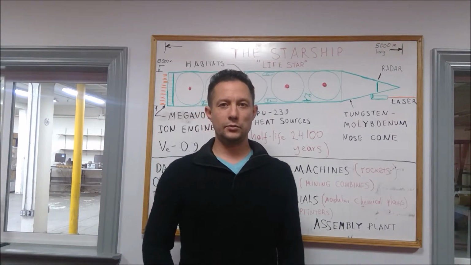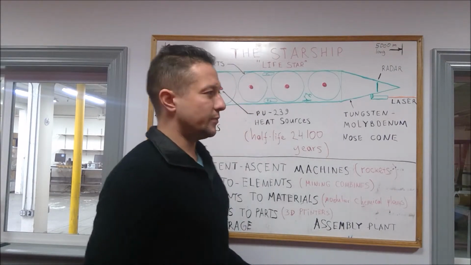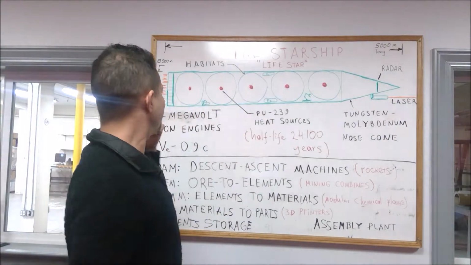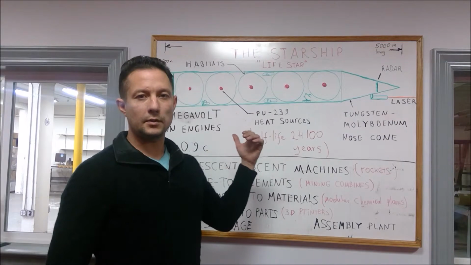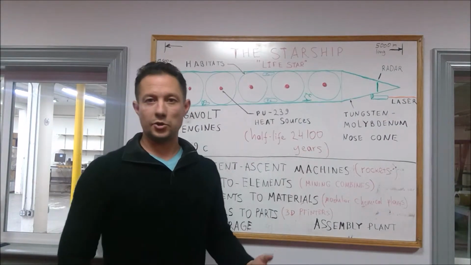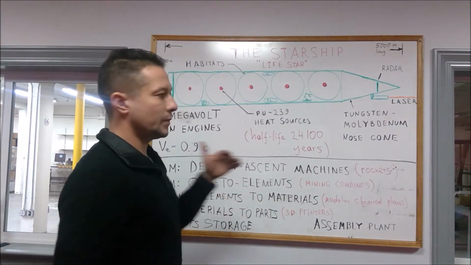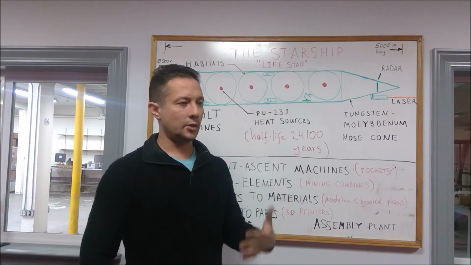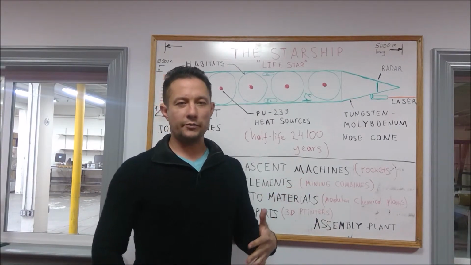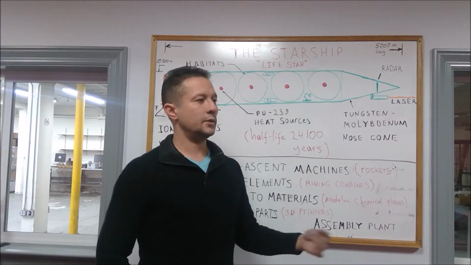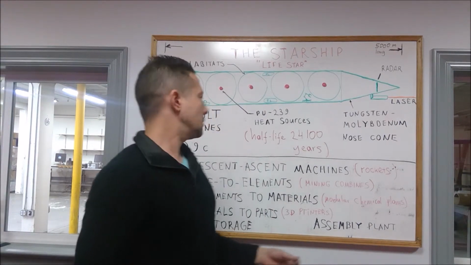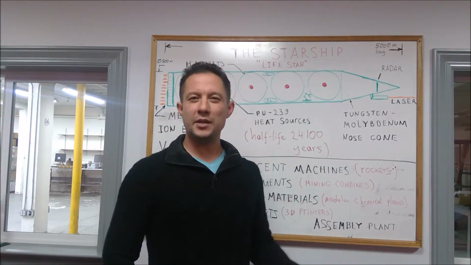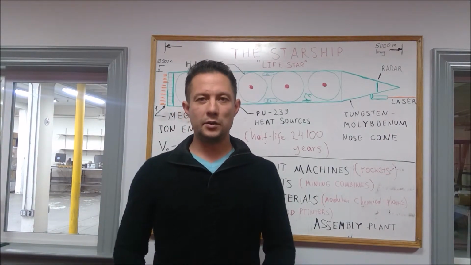detail in further videos. So the main parts of the Starship are the habitats where people live, the propulsion that propels the Starship through cosmos, the ascent machines, which are rockets that are capable of landing and taking off from planets and asteroids, delivering humans and cargo, or to elements machines, which are essentially mining machines combined with refineries, so